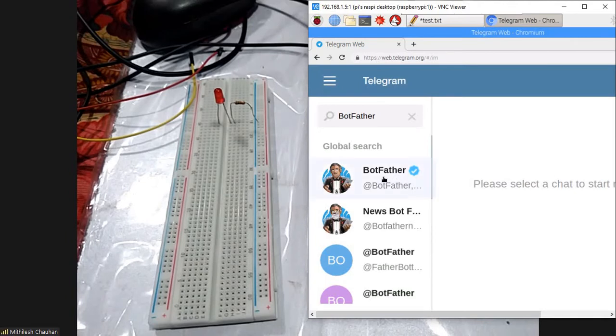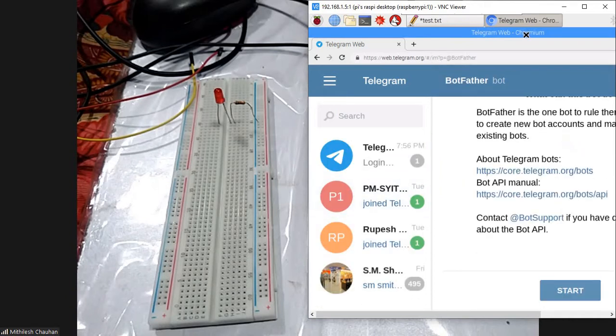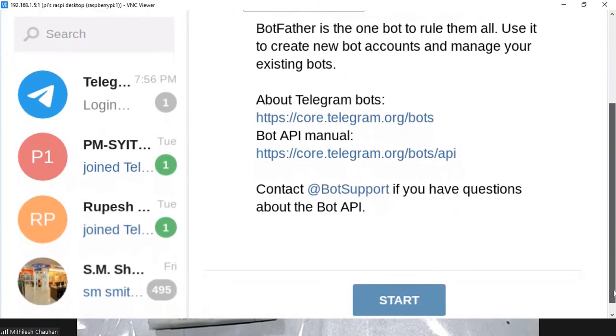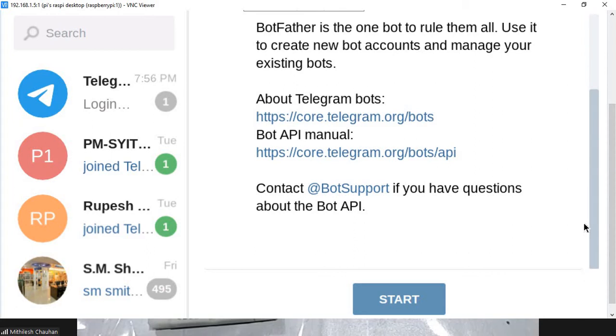It is the main manager of all the bots. So let me move this a little bit to the side. So we are on this page.